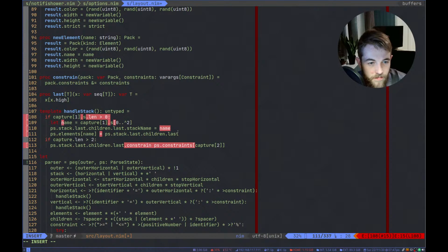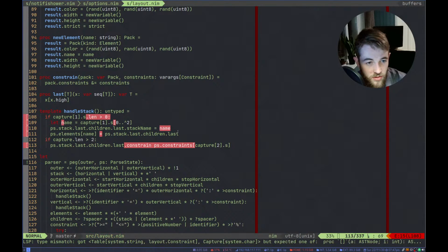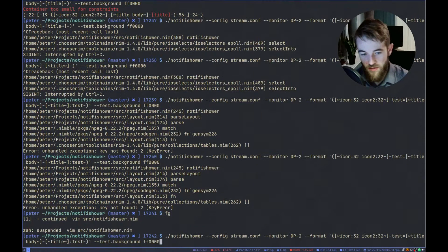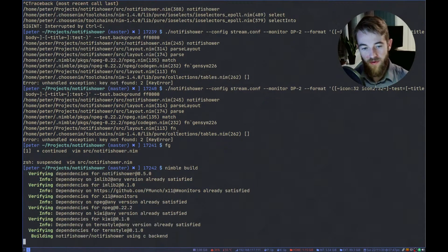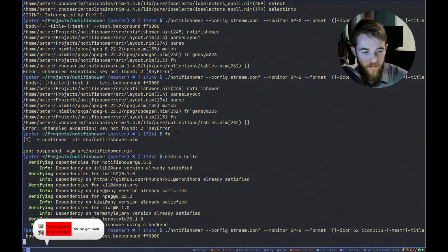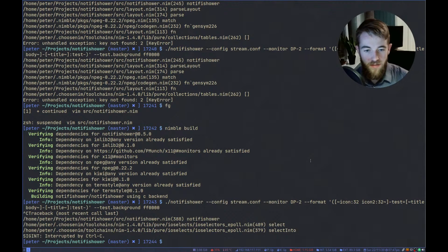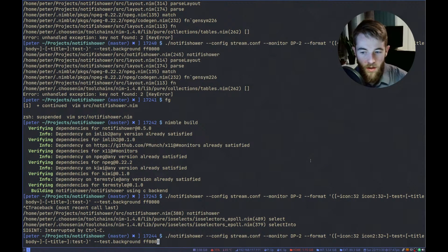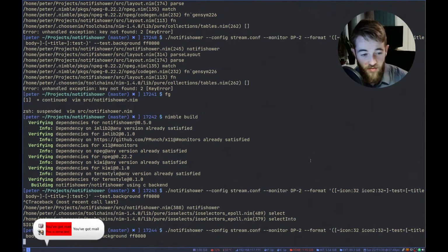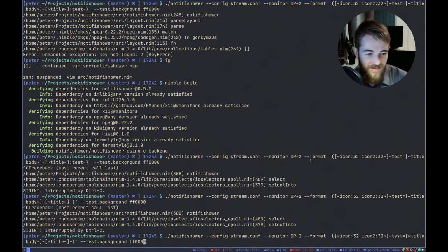So we just need to get the string value out from the capture, because the capture has some other stuff with it that we're not interested in. There we go. Building that. There. Now they are defined to be equal in size. Of course, they were already equal in size, so that doesn't really help us much.